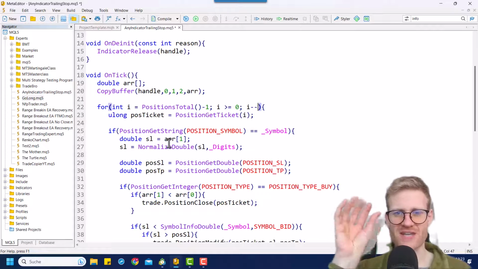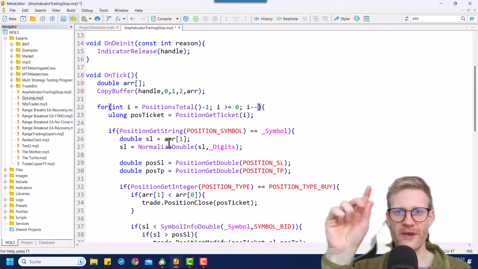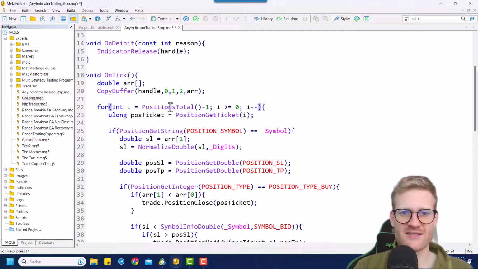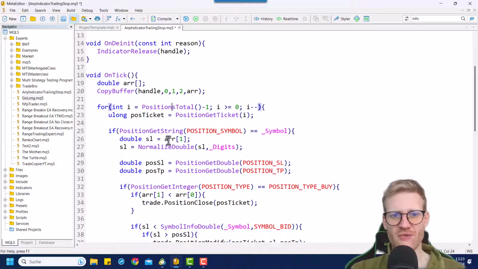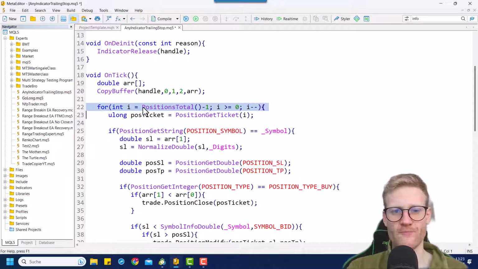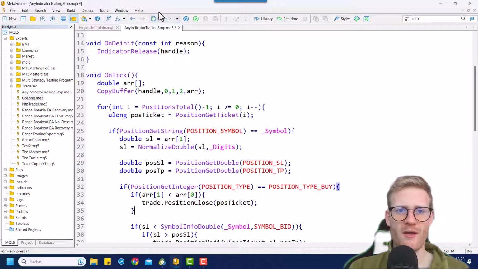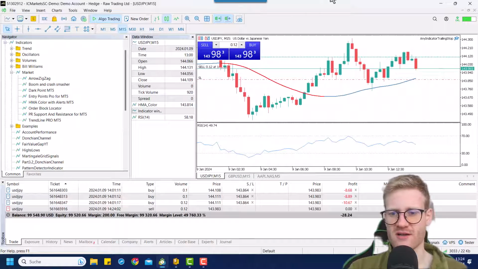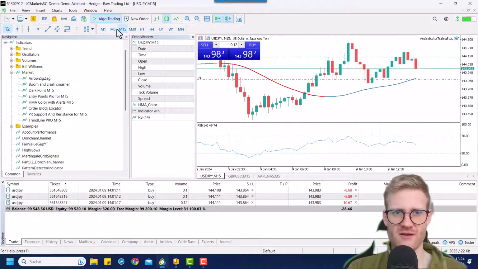So essentially, you're just going from 3 downwards if you have 4 open positions. This is just if you close positions, because if you, for example, close a position, it will change the indexing of the positions. This is why this is recommended if you use position close functions in your loop. But if you do it like this and compile, everything's fine, sell positions are closed if the whole moving average is